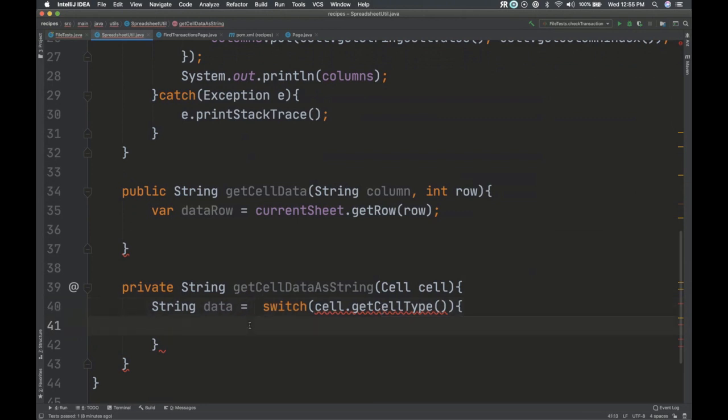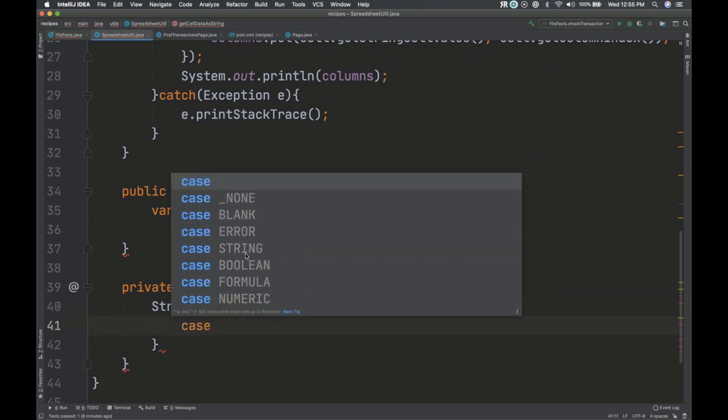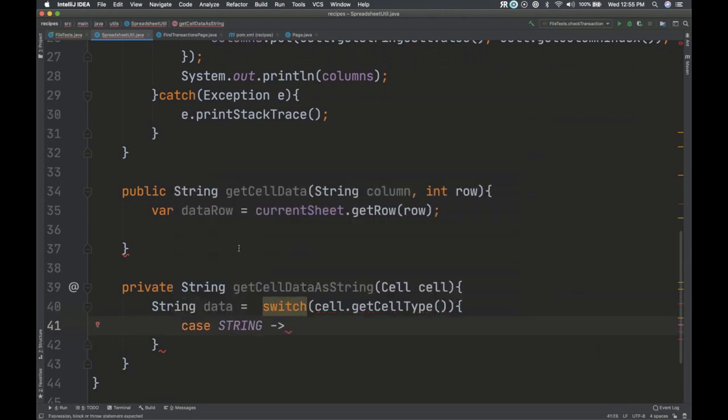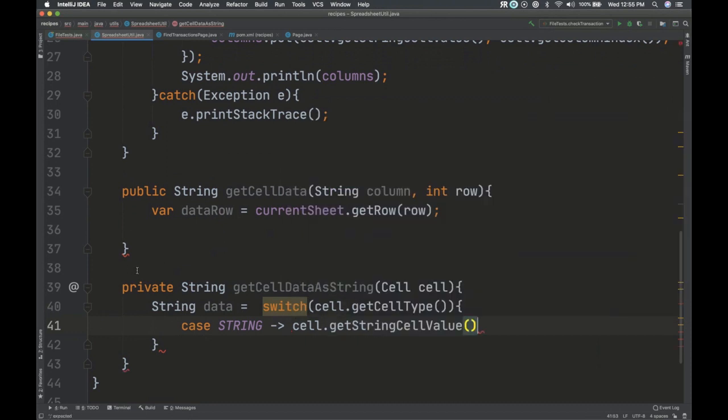Okay, so inside of here is when I start putting the cases. So I say case, and first thing is a string. So if it's already a string, we can just do cell dot get string cell value. And you use this arrow now as opposed to an equal. So this is saying, okay, if this cell type is a string, then go ahead and assign this to data. All right. And then you put a little semicolon and you keep going.